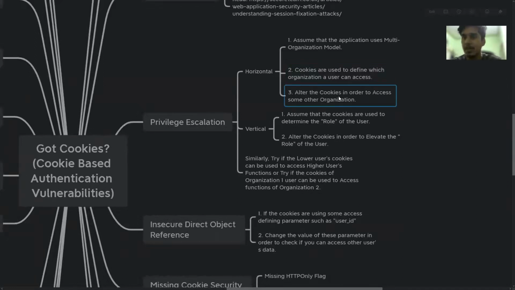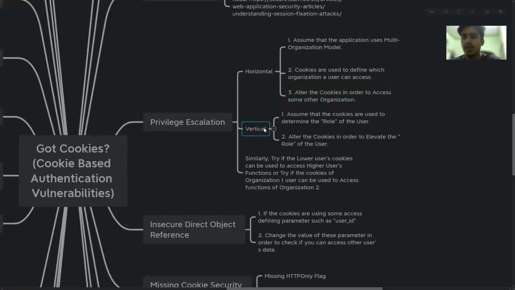Now, if there is a particular parameter which is defining this, I'll first try to alter that to see if my user, Hirsch A, can try to access the XYZ organization, which is actually accessible by Hirsch B, right? So all you need to do is simply look at the cookies and the various parameters in the cookies. A lot of people don't pay attention to the cookies and the different parameters, and you should always start removing cookie parameters one by one to see which parameters are required and necessary, and on all those necessary parameters start looking for the various attack vectors. This is something that really is helpful and will allow you to find a lot of security issues.